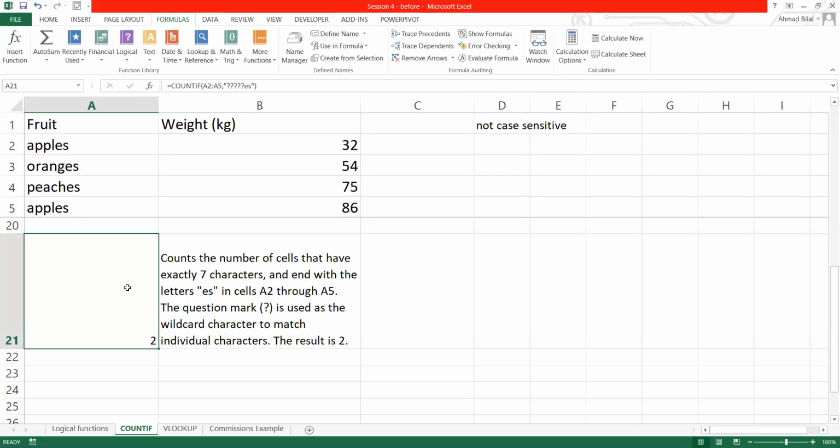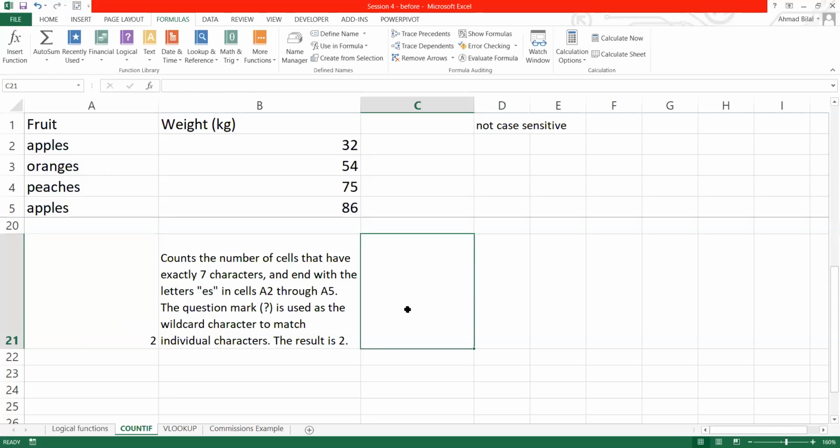Because it's not counting the apples, there are 4 letters before ES. Okay. Similarly, you can also use it between some text. So for example, if I were to use the same text, and the criteria could be, let's say, think about it, what we could do, yeah. So let's say what I want to do is,